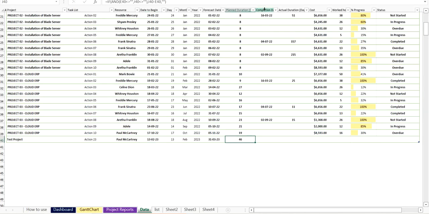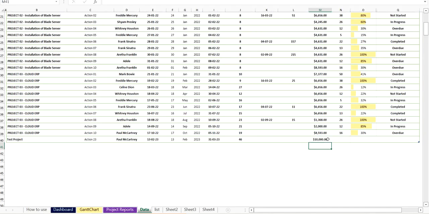Once the task is completed, you may want to update the completion date. Until then, please wait, and we do have the actual duration, which will automatically update. For this particular project, if there is a budget that you want to update, please go ahead and update it here, specifically for a task. The number of hours that you have worked or expect to work is something you can update here. So assume that you want to update 10, and then